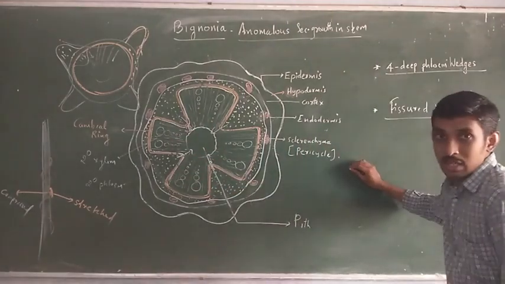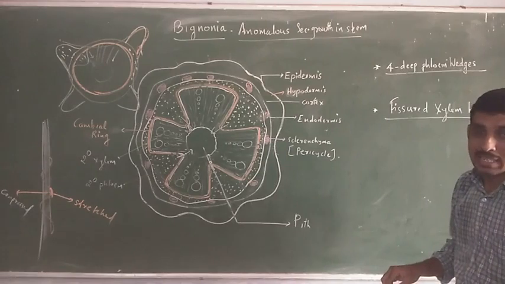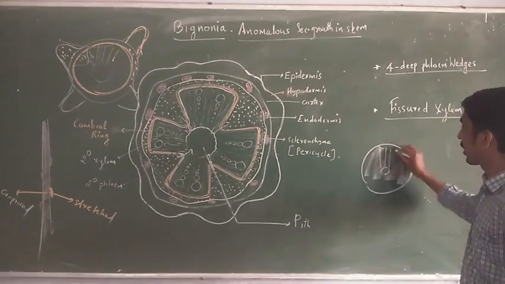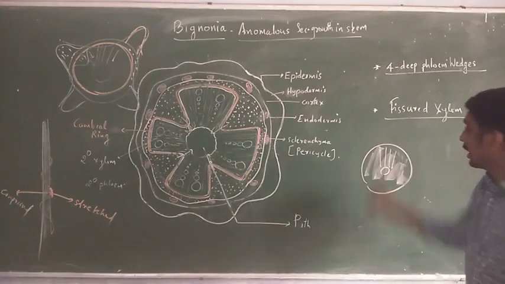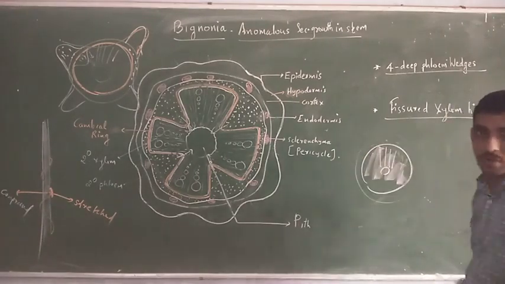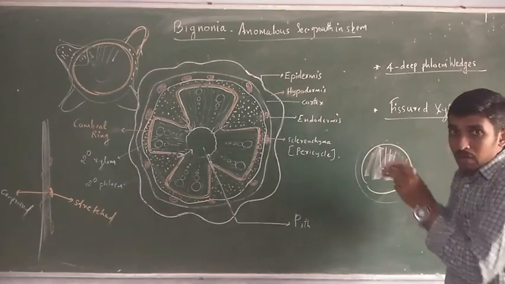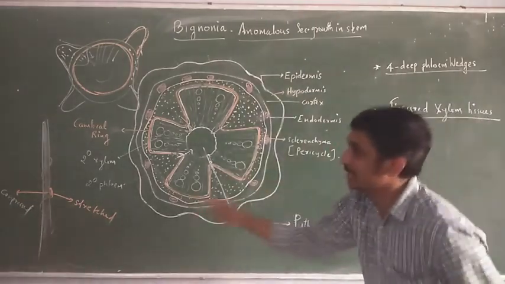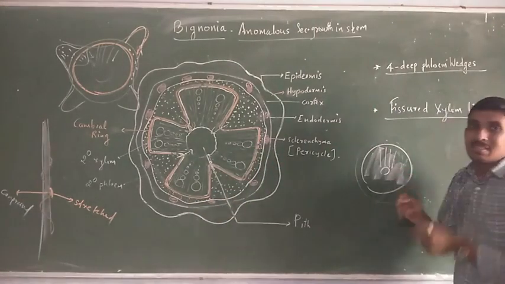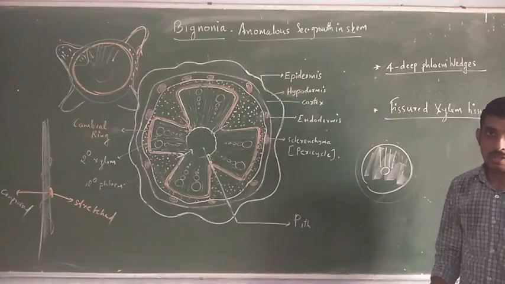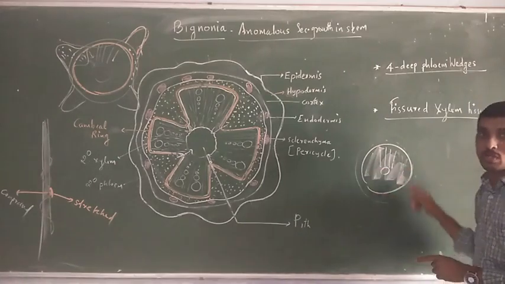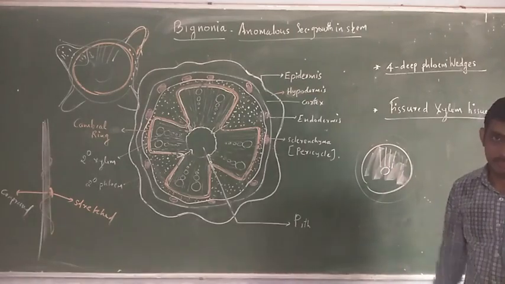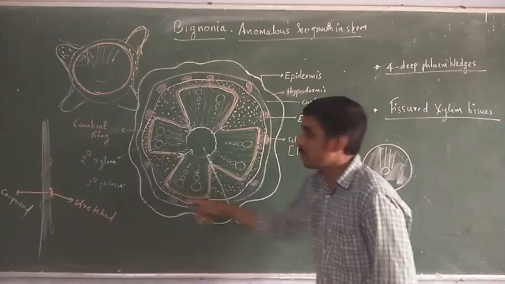But when we take the case of normal secondary thickening, you can see the innermost region is full of secondary xylem, that is wood, and the outermost region is full of secondary phloem. But if our stem is like this, during the climbing process, due to stretching and compression, this stem gradually breaks, because here the innermost portion contains only the hard tissue, that is secondary xylem. But in the case of this bignonia, the inner